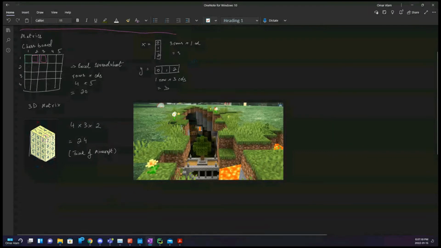So in this case, if a chunk is 8 by 8, it would be an 8 by 8 by 8 3D array. And inside each 3D array, they would give each block a number. So a grass block would be, in this case, whatever number it would be, let's just say 20. So they would basically label each box inside the 3D array with a specific number. And when the game is rendered, it would end up looking like a grass block or a wood block or a leaf block or an air block. An air block is also a thing in Minecraft where when there's nothing there, it's filled up by an air block. Right, so